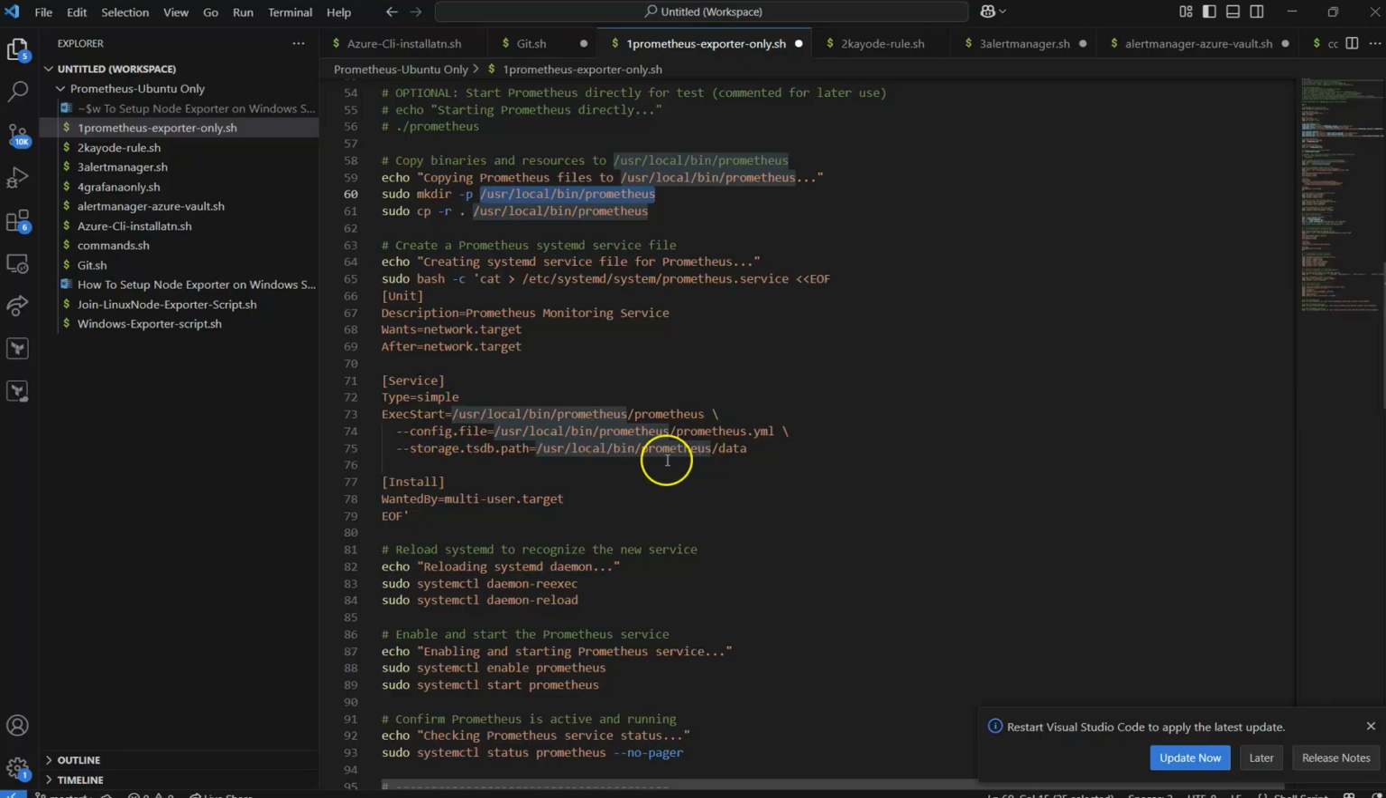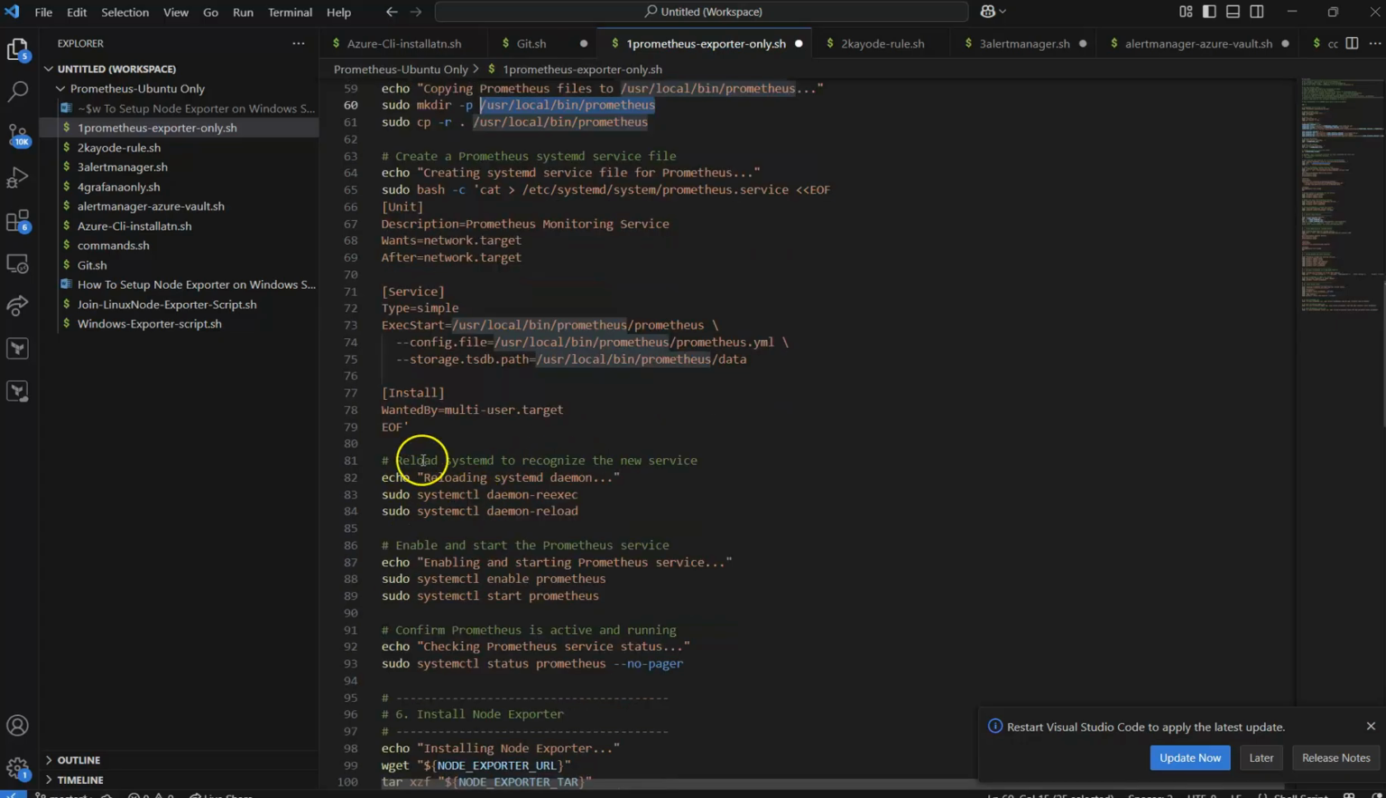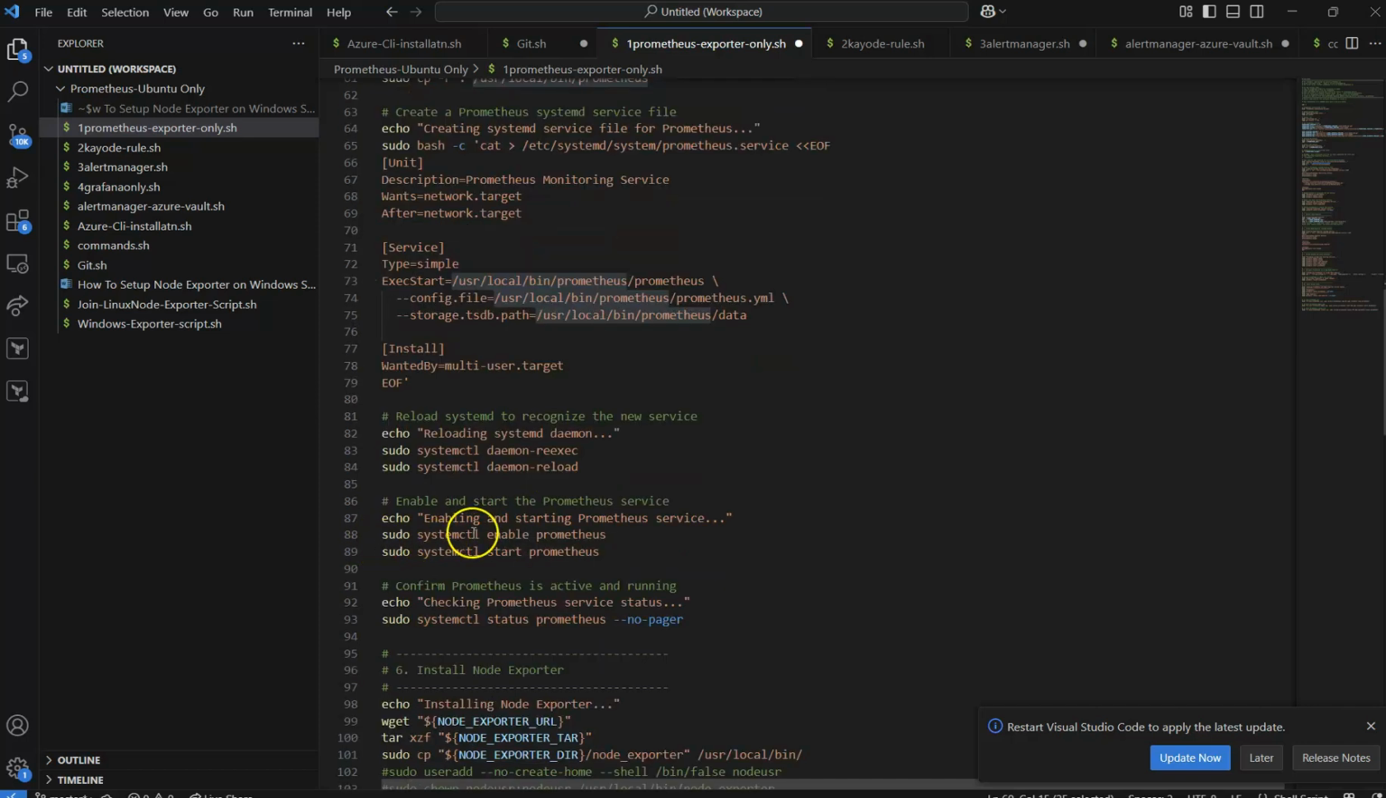ExecStart is going to start from that data. The data will be inside /usr/local/bin/prometheus/data. And then the install section will be just a simple multi-user target. And then it will reload systemd using systemctl daemon-reload. Also you can use that to enable, start, stop, and check the status. All of this is what we'll keep using to either stop,